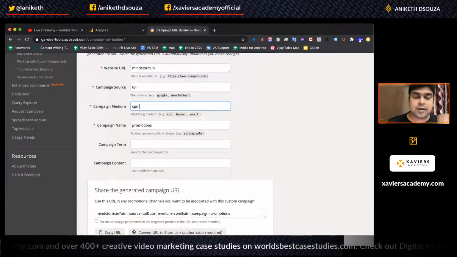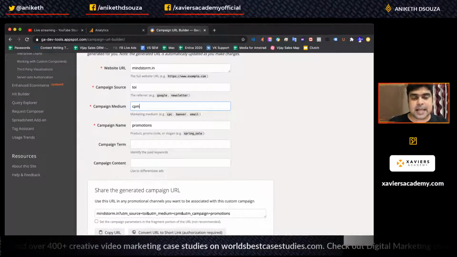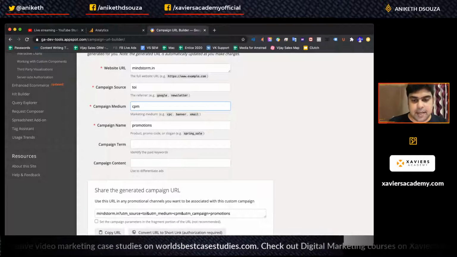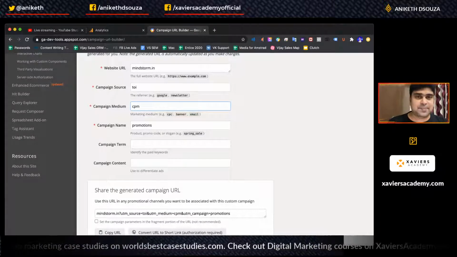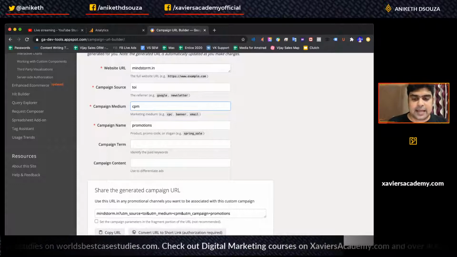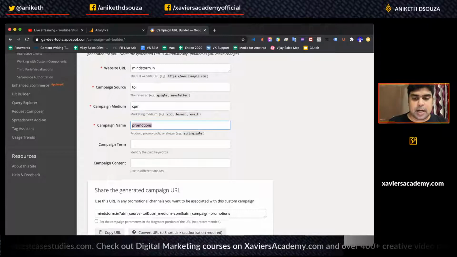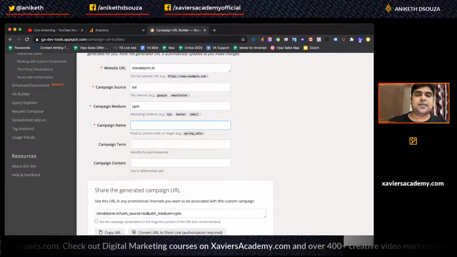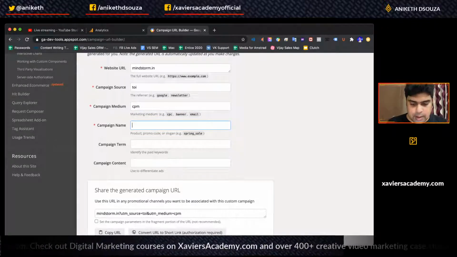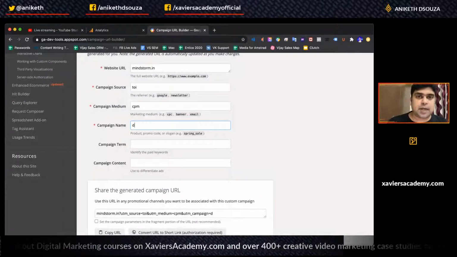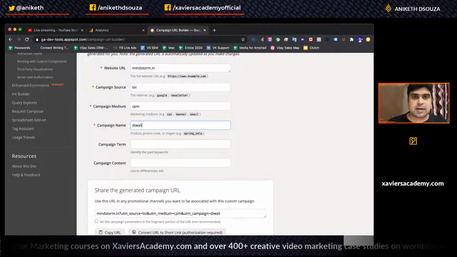And M over here stands for Roman numeral in CPM. M stands for thousand. So I will basically put it as medium CPM, or CPC, or you can see there are different ways. And then I would basically say promotion or the campaign name. In this case, let's say Diwali is coming up, right? So I will put here Diwali,